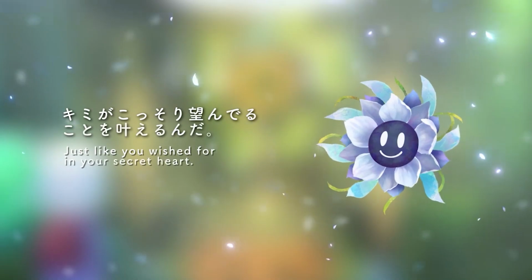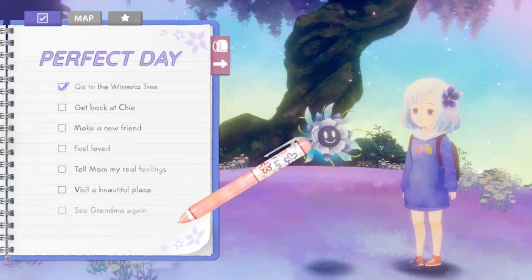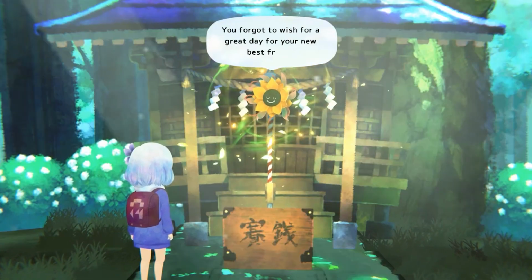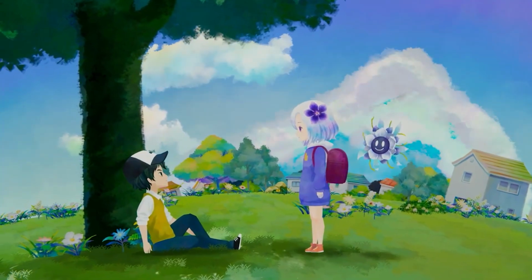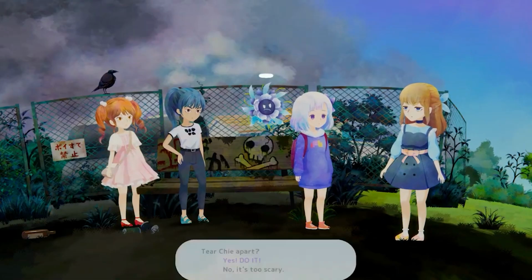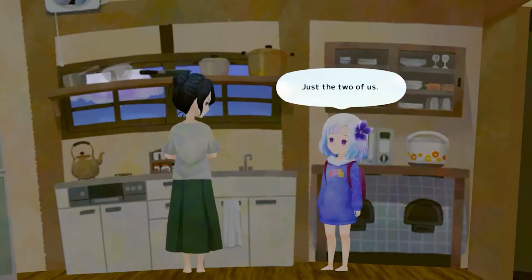The game's environments are also meticulously detailed and feature various hidden secrets and interactions to discover. The soundtrack is another noteworthy feature, featuring a mix of calming and melancholic tracks that perfectly complements the game's visuals and narrative. The game's sound effects are also well designed, immersing players in the world and enhancing the overall